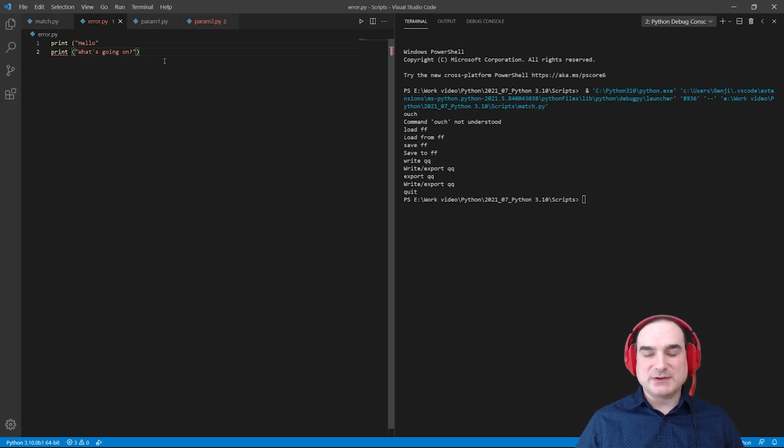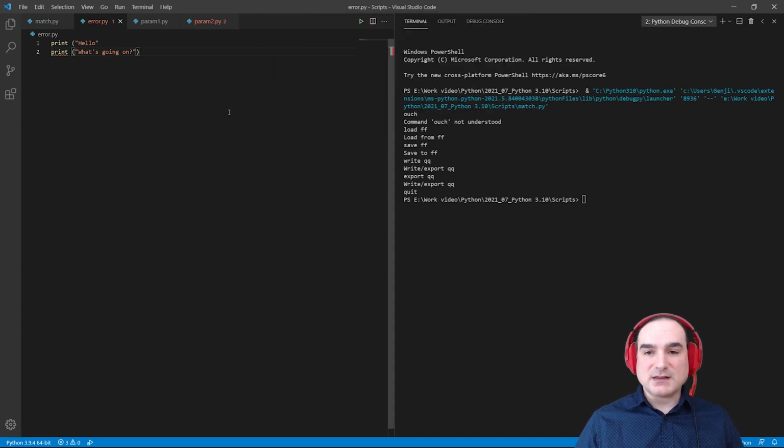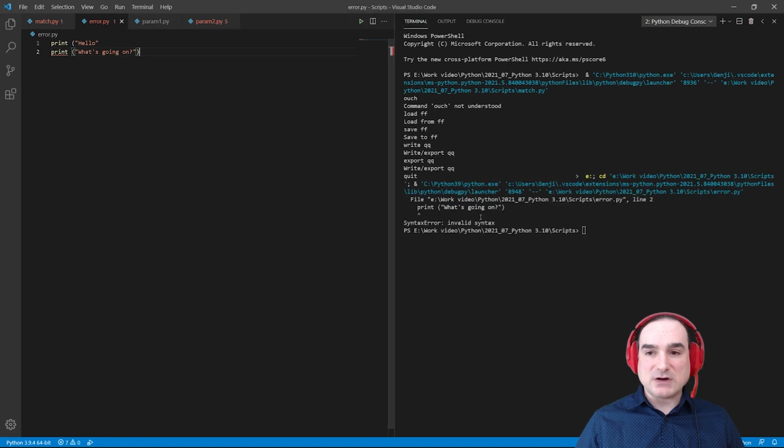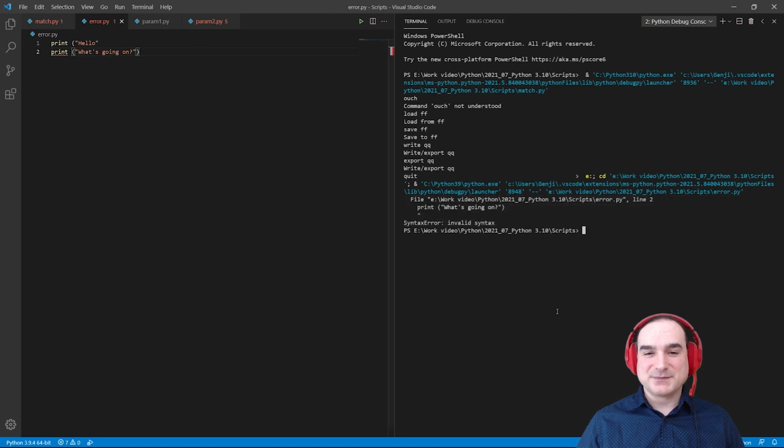Let's take some obviously incorrect code. Note that we have a missing parenthesis, which our linter is actually flagging ahead of time. If we switch to Python 3.9 and try to run it, the error we get tells us something is indeed wrong, but the error message is slightly misleading. It tells us there's invalid syntax at the start of a line that's actually valid. It's not very helpful. The real mistake is one line before.